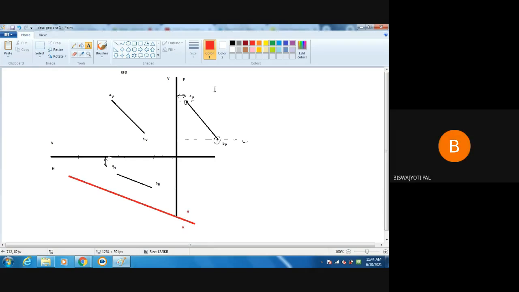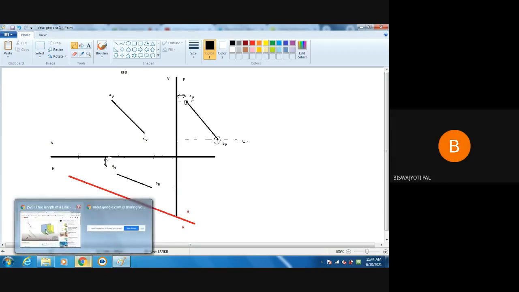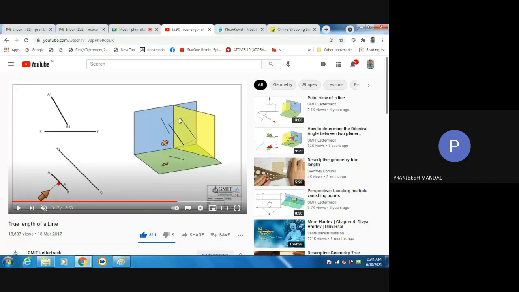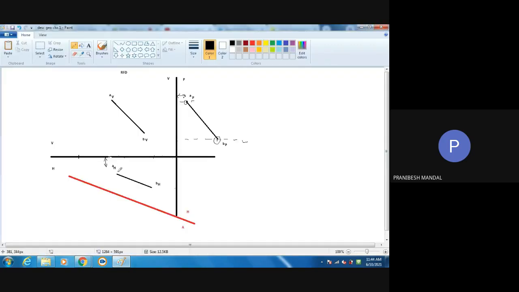Now, as you already know, how to get this particular view, that we must determine. It is seen that this particular view is here, and this particular view is actually providing the true length. But in our sense, how to get the particular view here, that we do not know, right? Yes. Okay.